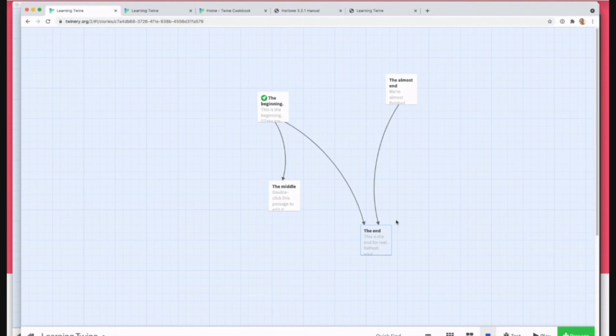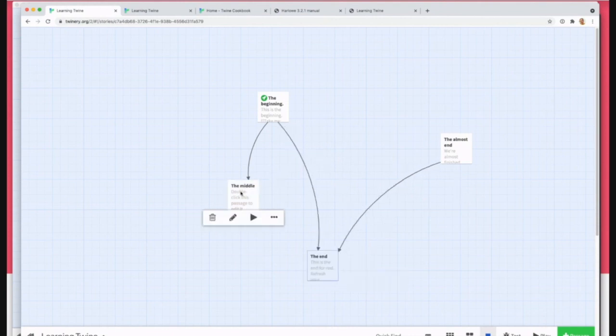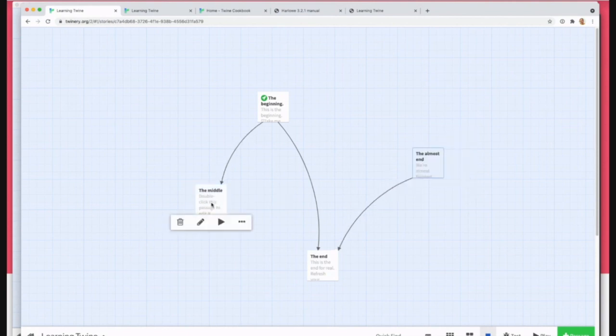And so by creating a beginning passage and maybe one or two endings that folks can actually get to, that allows you to really focus on what way they can get in there before you get into the nitty gritty, before your story gets so big that you can't really figure out how they're going to get to that end point. And then you can build from there, again, by creating those extra passages, or when you have all those passages in the middle, starting to figure out which decisions make sense that you would get to any of these parts in the story. So now what we want to do is we want to go back into the middle,